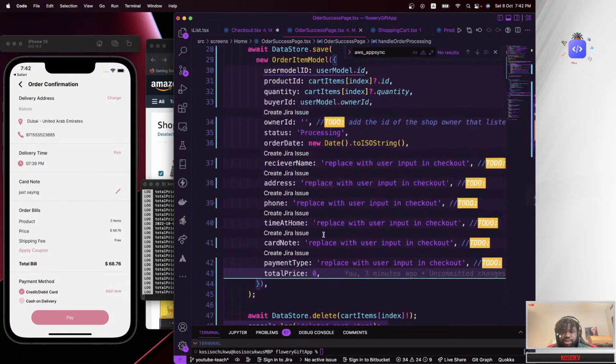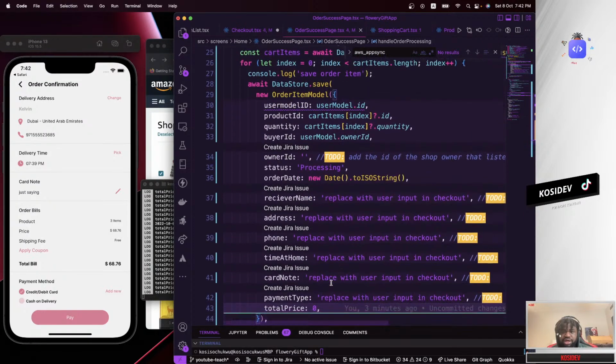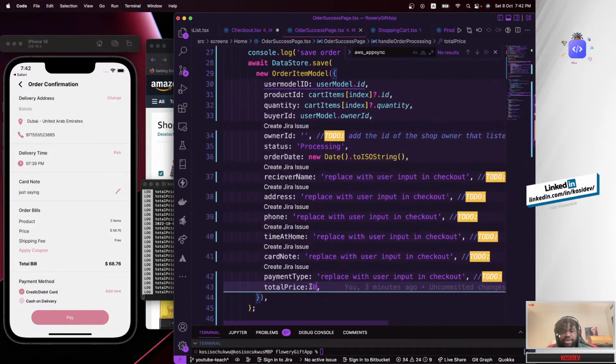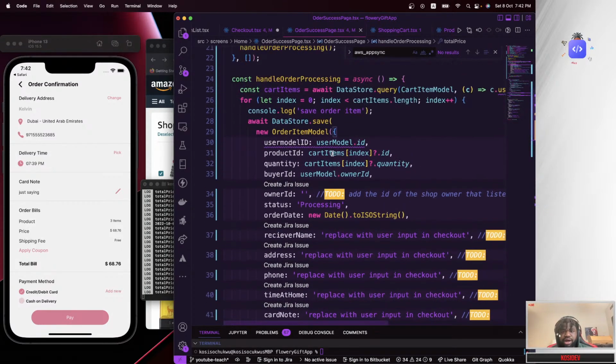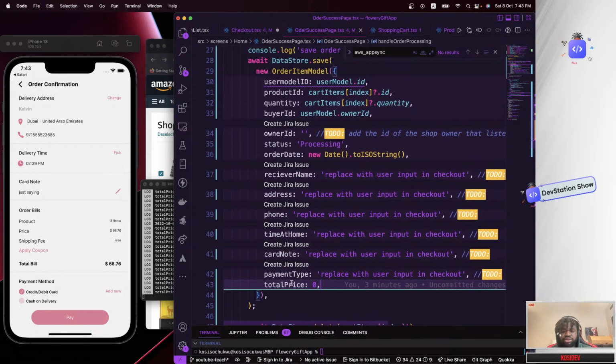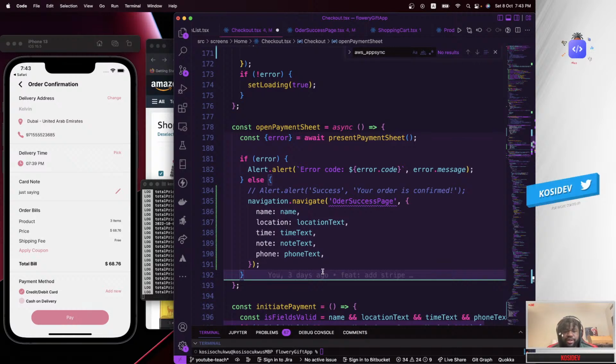Let's take a look at something. So I'm going to say cart items. Usually cart item doesn't have a price to get a total price of this particular order that we're making, so I'm hard coding that to be 0. I also need to remove this parameter later on. That's why I'm hard coding it to 0. It doesn't make any sense here because I've taken a look. There's no need for it. So right now we just pass these parameters over.